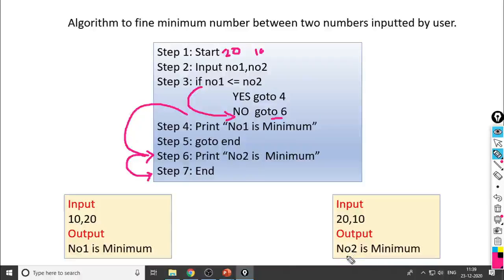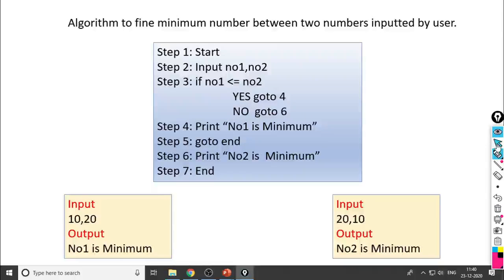Yes, it gives the output NO2 is minimum. So according to your inputs, your output will change. If you enter the first number less than the second number, it will return NO1 is minimum. And if you enter the second number less than the first number, it will return NO2 is minimum.